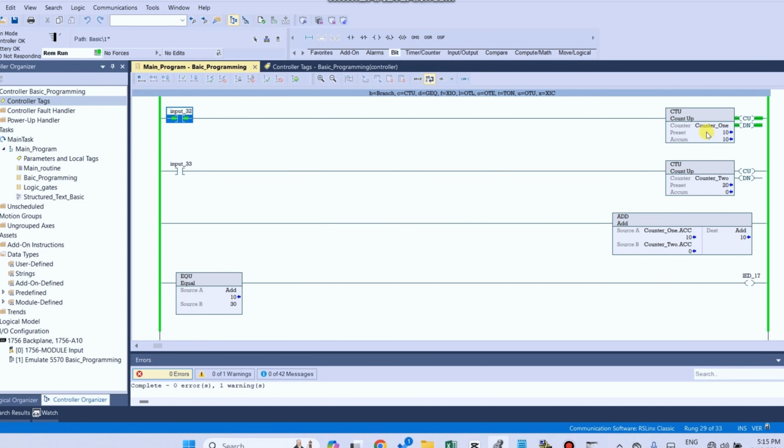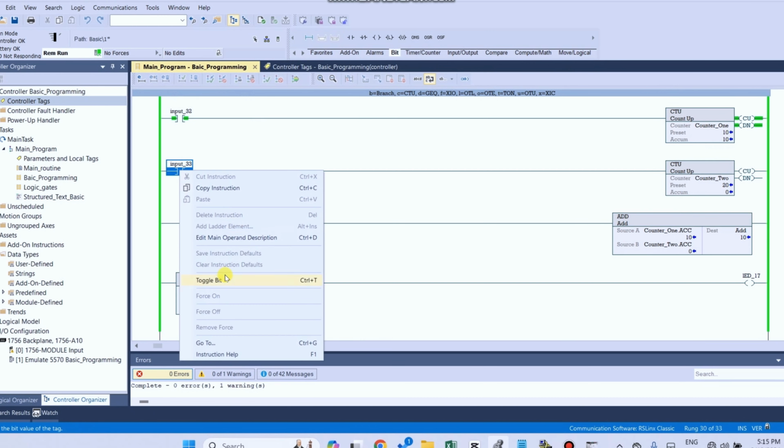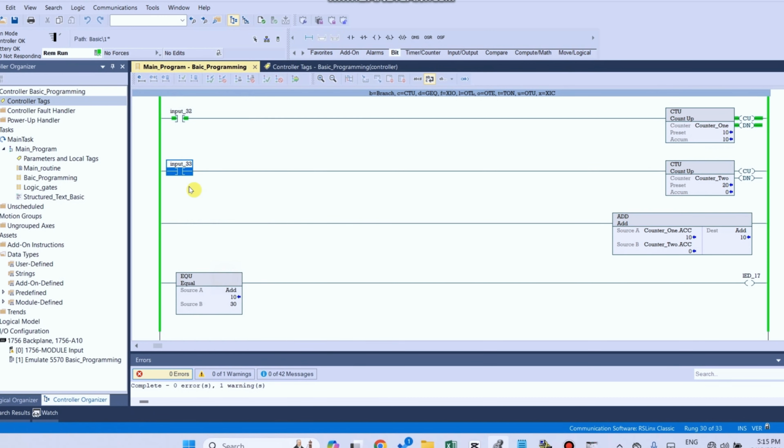Counter 1 value has been 10, and let's start counter 2 counting: 1, 2, 3, 10, 7, 17. Total value is 17.